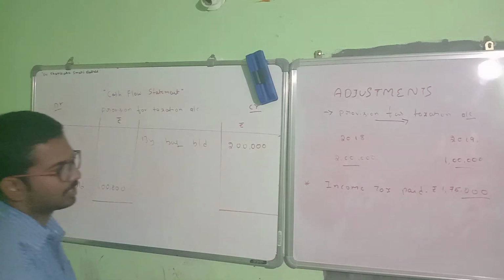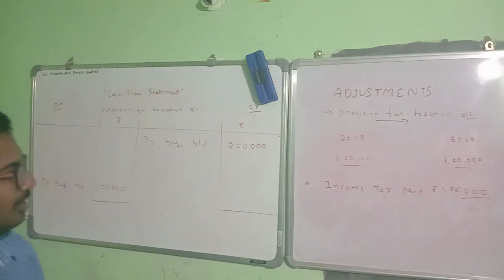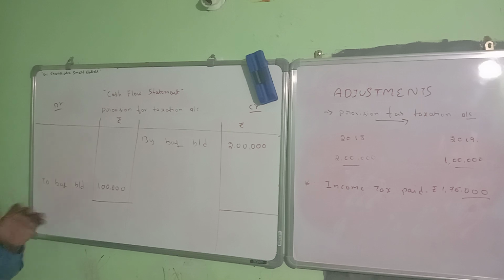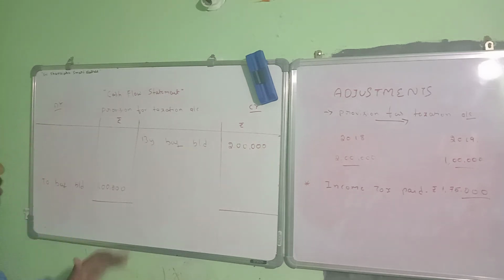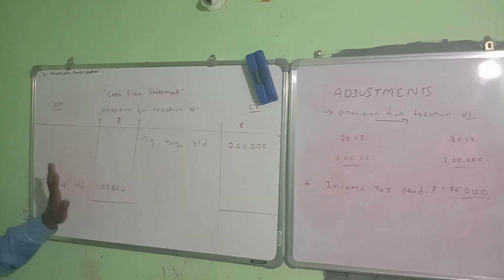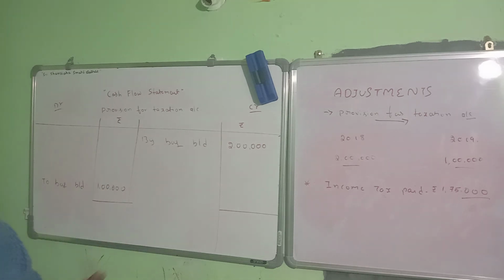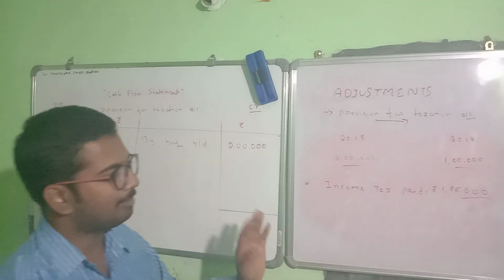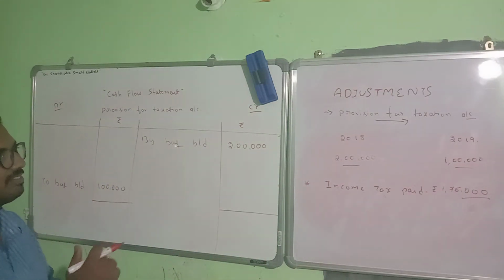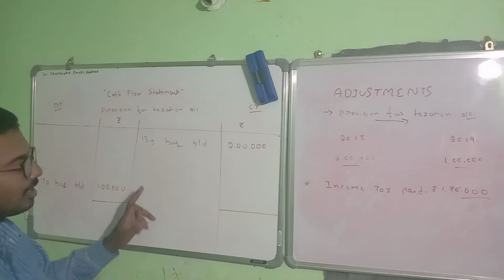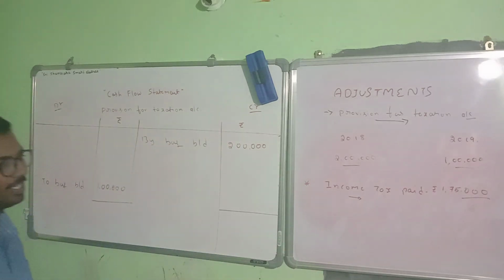So look at the adjustments. What adjustments have they given? Income tax paid is 1,75,000. When you prepare a liability account, any transaction that decreases the value of the liability you should post on the debit side. Only two entries will come: provision made during the year, or income tax paid. Any provision made during the year, given in the adjustments, you should post on the credit side, because it increases the value of the liability, by P&L account or provision made during the year. If they have given income tax paid, you should post it on the debit side.